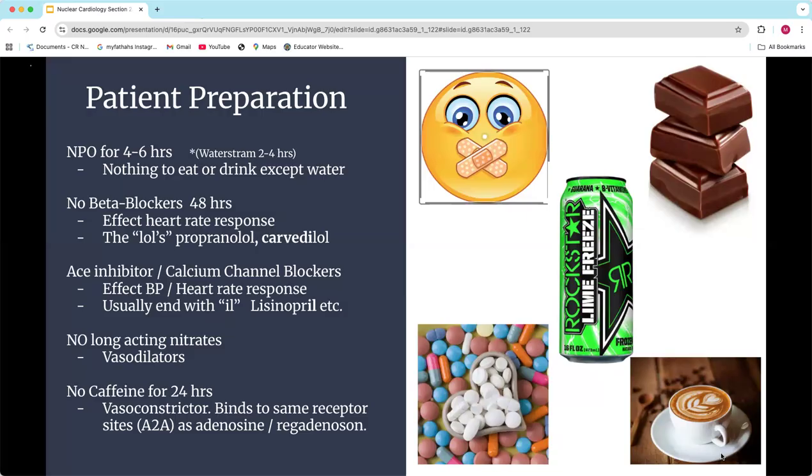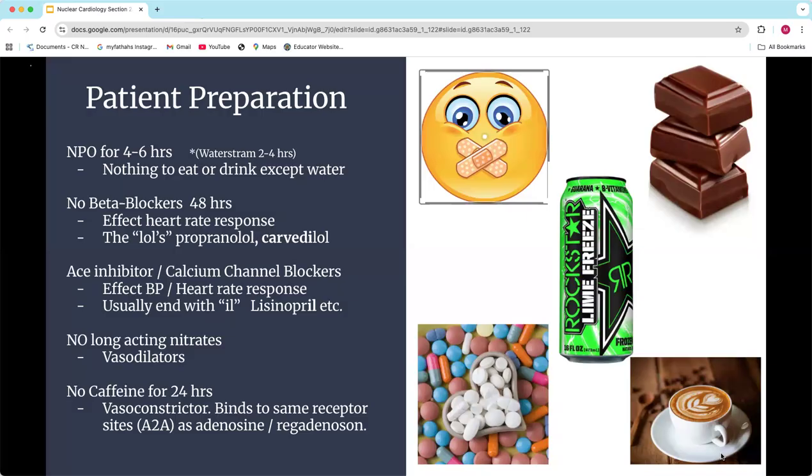The other thing that we want to do in terms of medications is we want to stay off beta blockers. So beta blockers affect heart rate response, right? They typically tend to lower the heart rate. If patients are on beta blockers, it's because they want to bring their heart rate down. And so we're going to talk about how heart rate, especially when we talk about stressing on a treadmill, we're kind of dependent on heart rate to make assumptions of how exercised someone is and whether or not we've got that vasodilation. And I'll be more specific on that in a minute. And so we need to be off of beta blockers because of that effect of the heart rate response. Most medications that are beta blockers, not all of them.